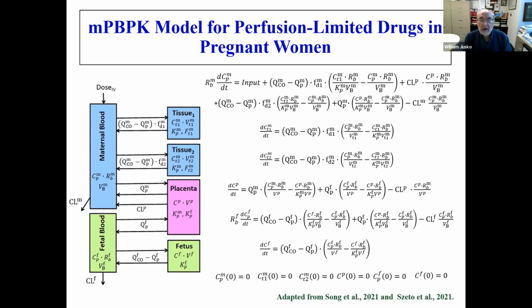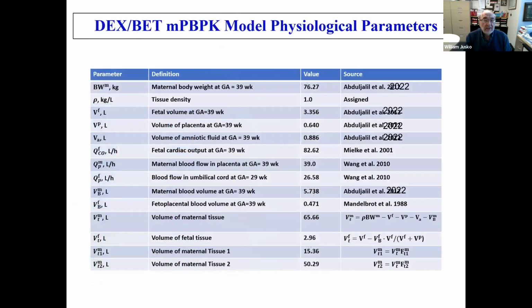So I don't have time to explain all of the equations, but those who look carefully can see that they enjoy mass balance, as these models should. They have physiological parameters, the Qs, the fractions, the volumes being real volumes. Everything is accorded the appropriate physiological structure. Some of the physiology that goes into the model are listed here. So it looks like there's a great number of parameters, and there are.